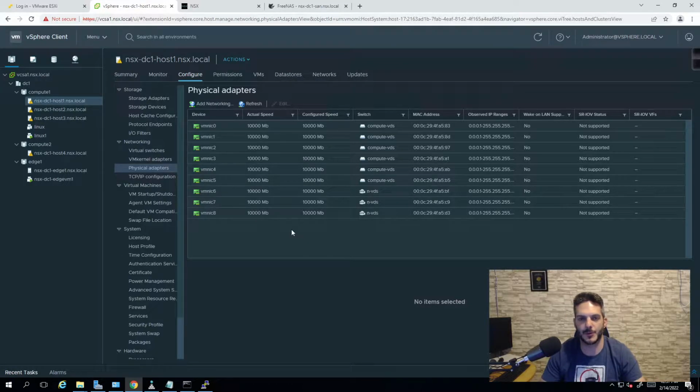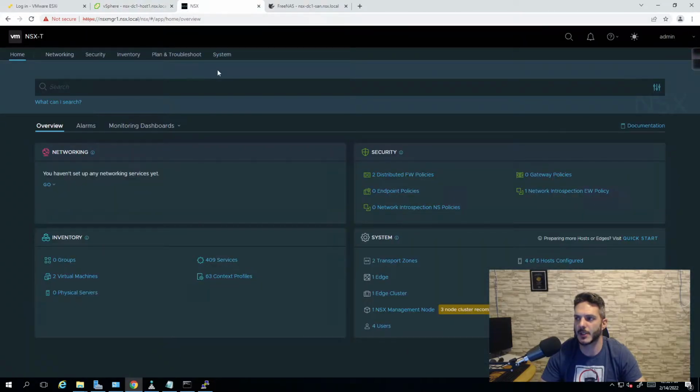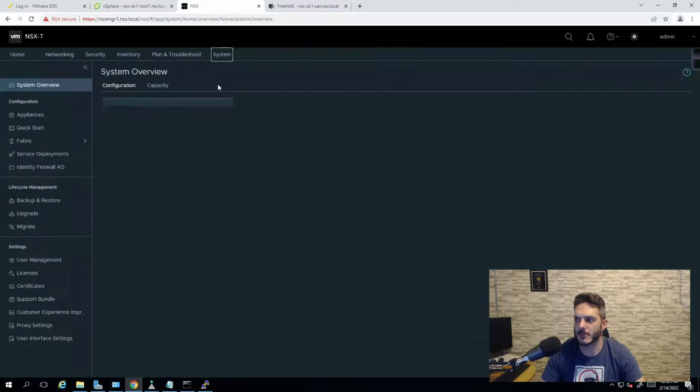I had to do a little bit of research through the compatibility guide to figure out what the minimum version of ESXi was in order for this to work. Now, in order to do this, I have a compute VDS, or a vSphere distributed switch, deployed to these ESXi hosts. So I've got compute 1 and compute 2, and the reason why I've got two different clusters, one with one host, one with three hosts, is because I wanted to be able to test out from this side here,